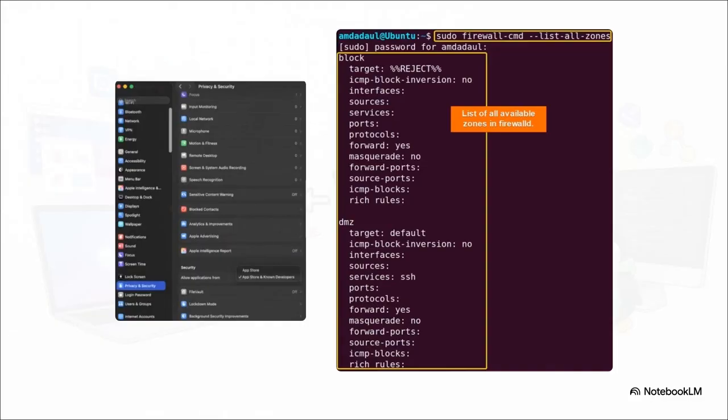When it comes to privacy and security, the philosophies are miles apart. macOS keeps things incredibly neat and controlled behind the scenes. They use features like Gatekeeper and sandboxing to strictly limit what apps can actually do. Linux, though, gives you raw, transparent control. Want to configure a wildly complex iptables firewall directly in the terminal? You have the absolute freedom to do exactly that.